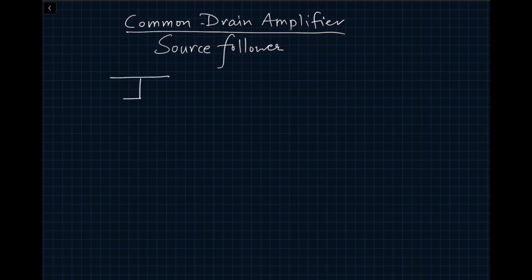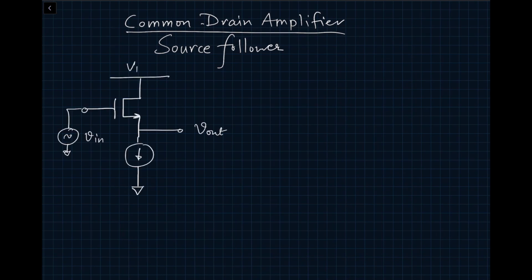After the emitter follower, we will start looking at its MOSFET counterpart, which is the common drain amplifier, also called the source follower. So please draw the schematic. In this case, transistor M1 is assumed to be in saturation, so a proper bias voltage VB is applied at the gate of the transistor. So you can do small signal analysis, in which you will see